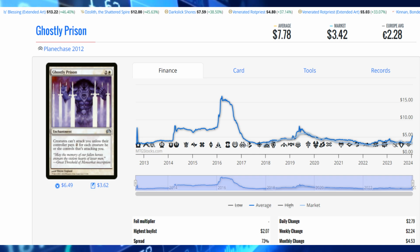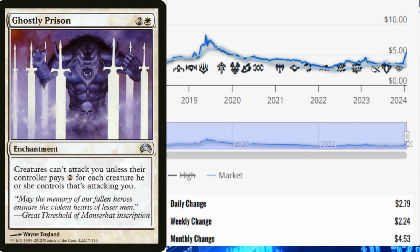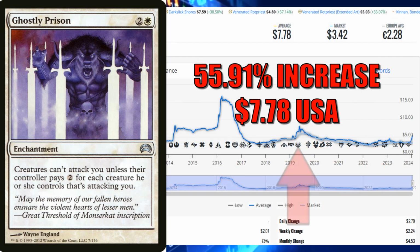Now let's take a look at our next card, and this is Ghostly Prison, the Plane Chase edition from 2012. Now this card, I'll be honest, I remember playing against it in different versions and editions, but when I looked at this particular artwork, I know I've seen it before, I know I've played against it, but I didn't remember it being in Plane Chase. Now, this card still saw an increase though, of 55.91%, bringing the total price to